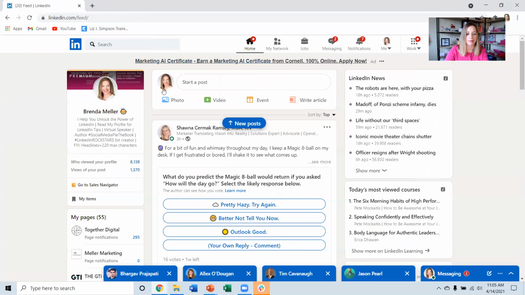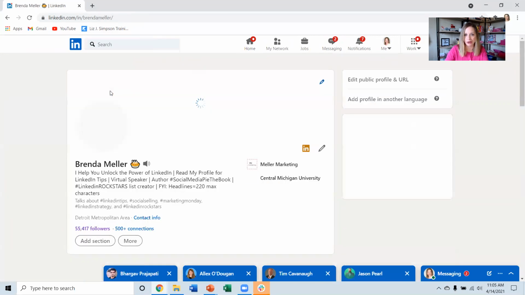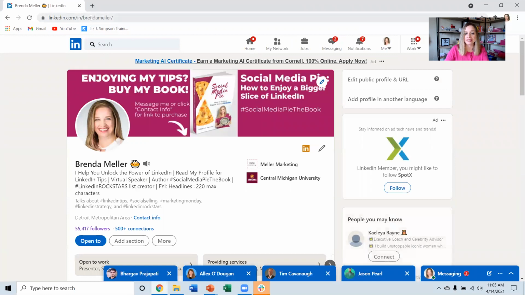I'm going to pull my LinkedIn up on screen. To get to your LinkedIn URL, guys, this is how you do it. So starting out at the home page, you can either click on the in symbol or that little house symbol to get to home. And then you'll see your profile in the left navigation. Just click on your name or your photo. And then you're going to notice in the address bar at the top, that's your LinkedIn URL.